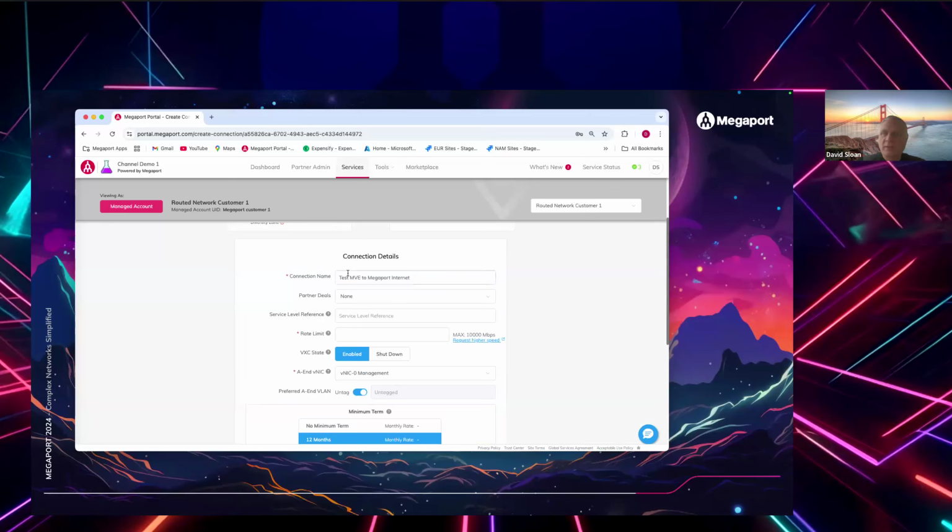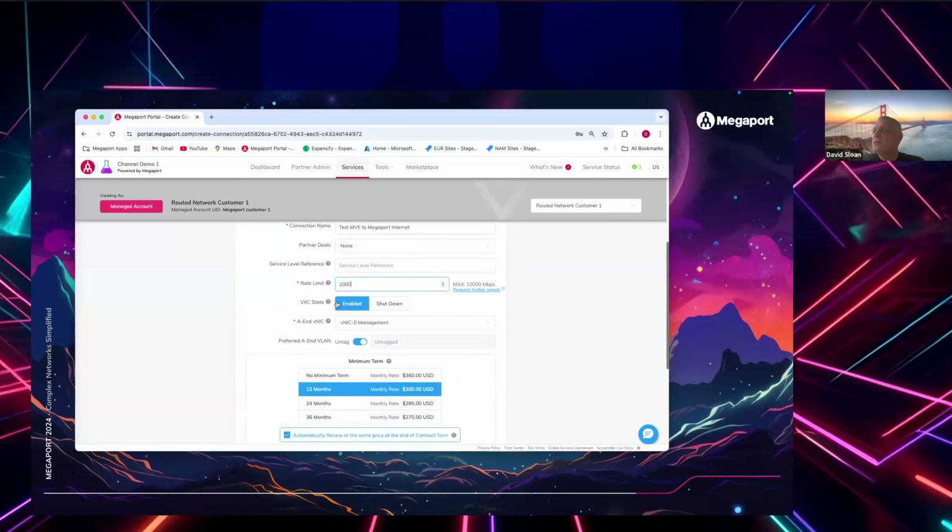Okay, so I would give the device a name. This is auto-populated. I'm going to set a rate limit, so I'm going to select that to 2 gig at this time. You've got the useful ability to shut down the VXC. So if you wanted to do any continuity or disaster recovery testing, you can do that without any impact on your overall network. You don't have to strip it down and rebuild it. You can just leave it in situ and just bring it back up again, and BGP or the static route will